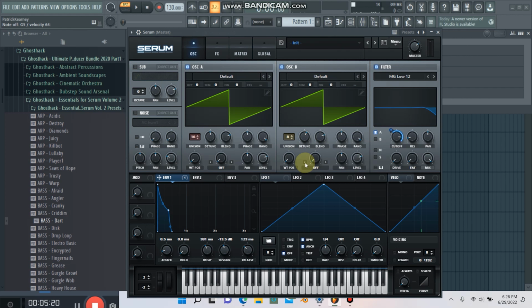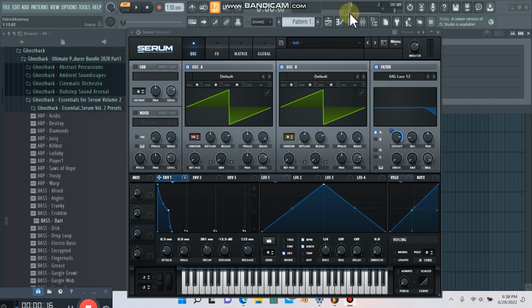That actually might even be too far. I'll dial that back just a little bit. Give it more of that analog sound. Something like that's not too bad. Okay, so now that we have oscillator A and oscillator B enabled, and we have a couple settings tweaked here,